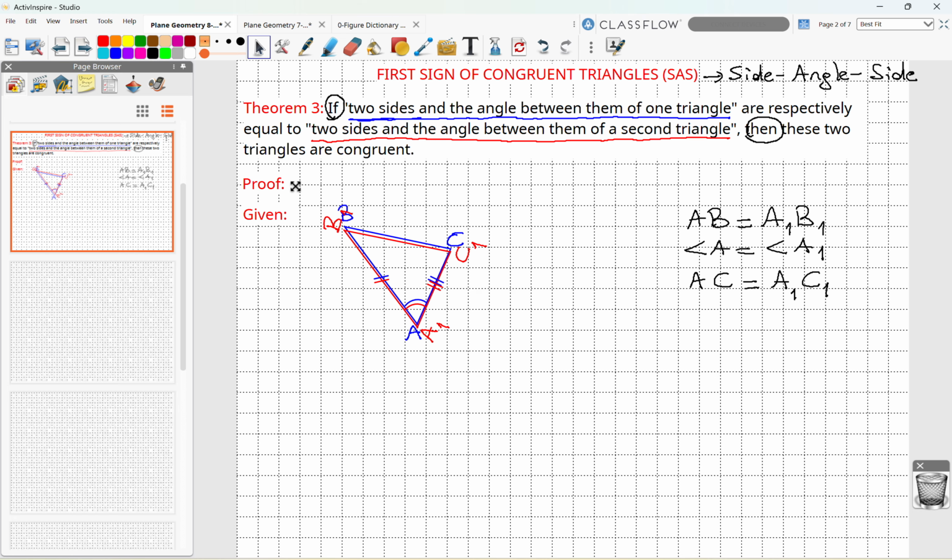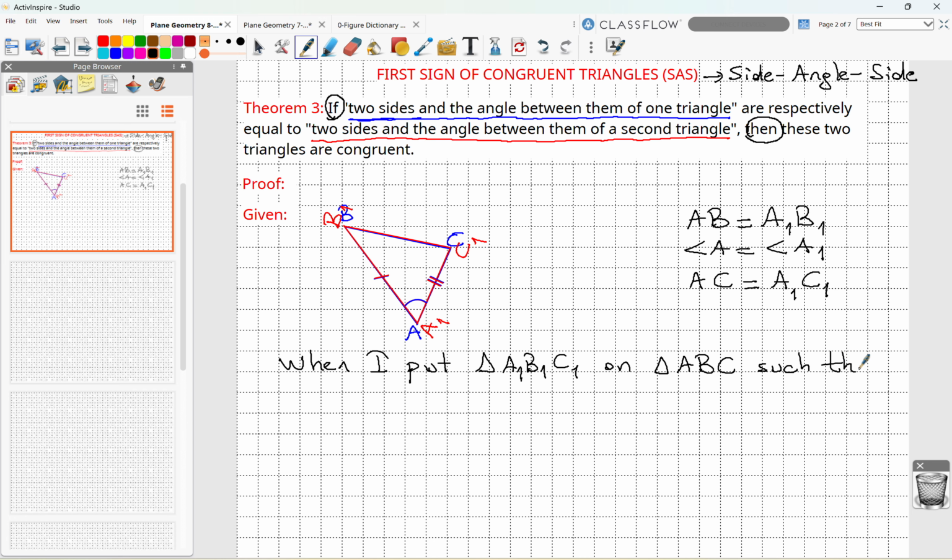First, I want to overlap the vertices A and A1. So let's start. I will write now. When I put triangle A1, B1, C1 on the triangle ABC such that the vertices A and A1 overlap,